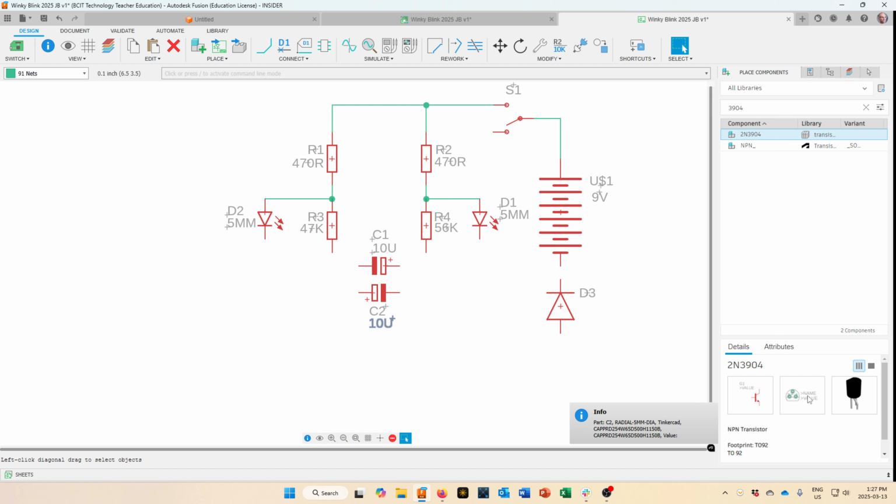Although it's a great example of why you always need to check your components when they're actually on the board, they made their 2N3904 a collector base emitter version. What we actually want is NPN underscore right here. And nope, that's not it, because it's not letting me choose the thing. In all of your libraries, if you search for BC546,